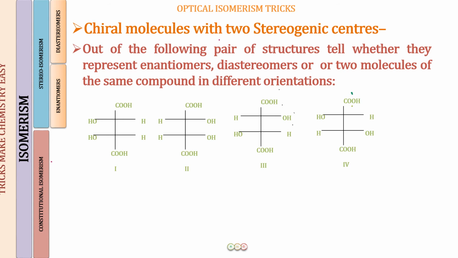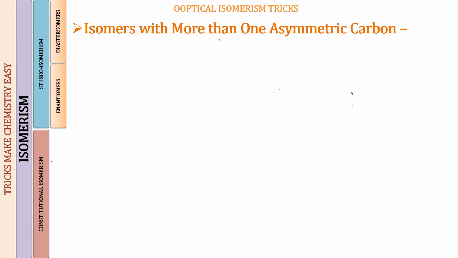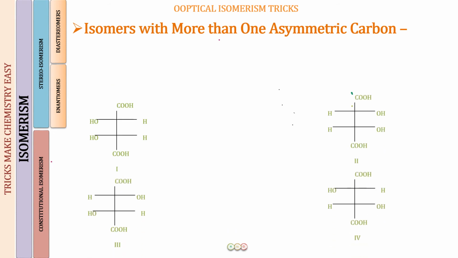So now if you've done that, let us do it together. So this is structure number 1, structure number 2, structure number 3 and structure number 4. And we have to write down which are the enantiomers, which are the diastereomers and which are the identical molecules. So the trick that we have learned is the naming of these according to the RS system. So now we will do that together, because here while writing the names I am going to give you one more trick. And the trick is going to be, once we have written the name of one of these 4 compounds. Okay, so let us do that for structure number 1.